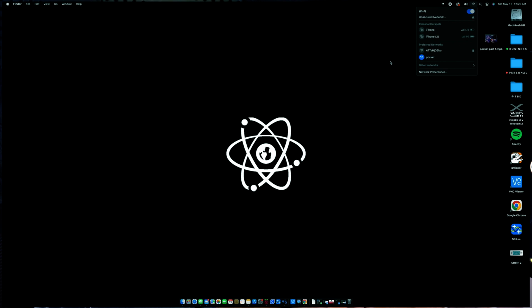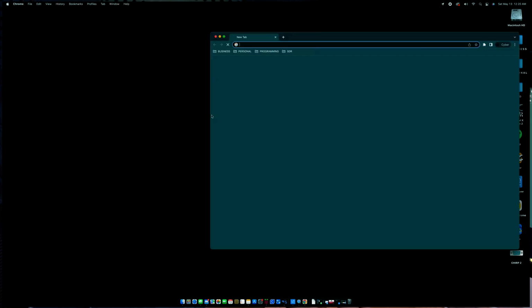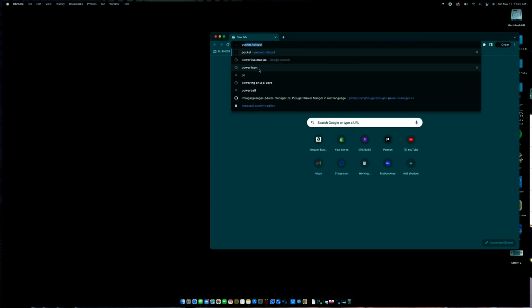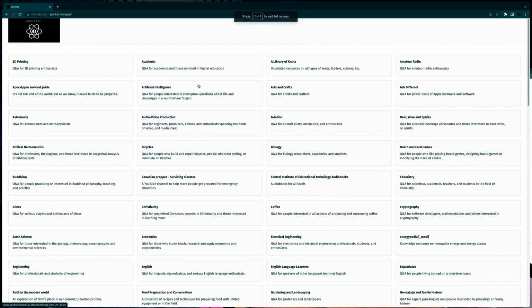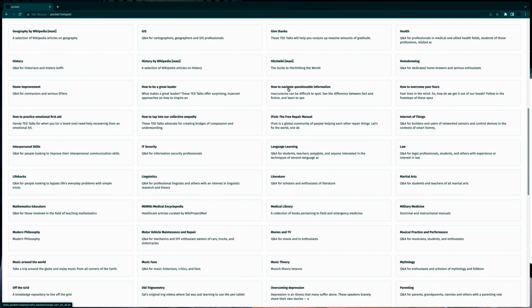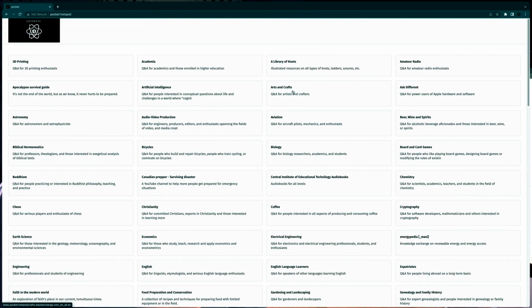So we're connected to the Pocket, and let's go over here to Google Chrome or whatever browser you choose and type in pocket.hotspot. Now this is our landing page. This is what has all of the information that we want to get. Now, there are different ways to get this information, and I want to talk about the three different ways there are